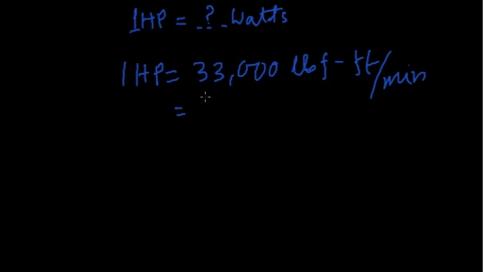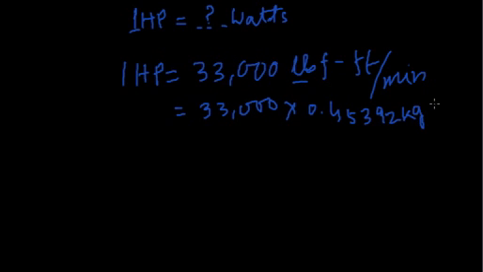So this is equal to 33,000. 1 pound is equal to 0.45392 kg into g. This is gravitational acceleration. In SI unit, gravitational acceleration is 9.8 meter per second square,